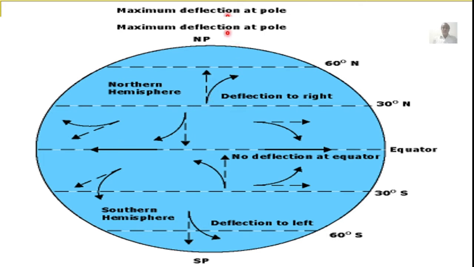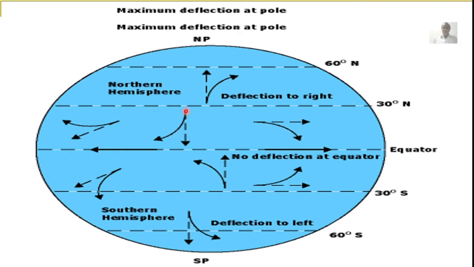This is the Earth globe. This is the North Pole, or northern hemisphere. This portion is the northern hemisphere, and this portion is the southern hemisphere. This is the central doldrum, the equator region. At the equator, the Coriolis force is 0. When an object is moving from south to north in this region, it bends like this, deflecting to the right. This is the direction of the Coriolis force.